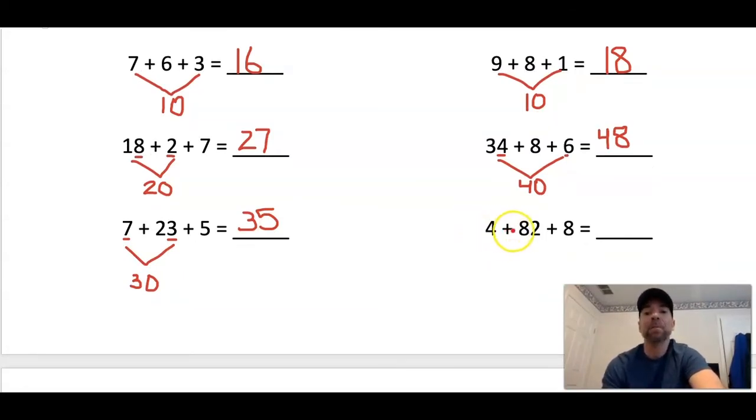4 plus 82 plus 8. I want to look and see if I can find that friend of 10. 4, 2, 8, oh, 2 and 8 will equal 10. So 2 plus 8 is 10, and I have 80 plus 10. So 80 plus 10 is going to give me 90. 82 plus 8 is also going to give me 90. The 4 is going to fall into the hole, and I'm going to end up with